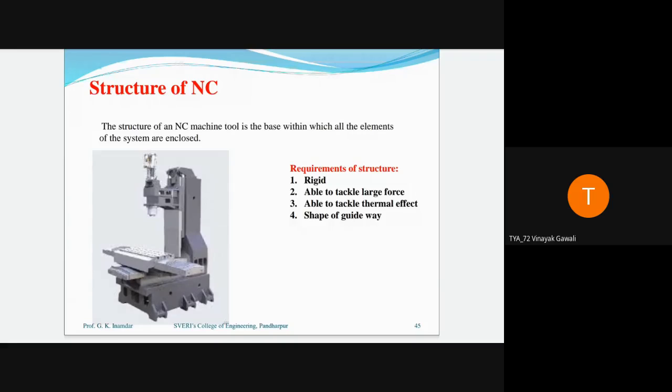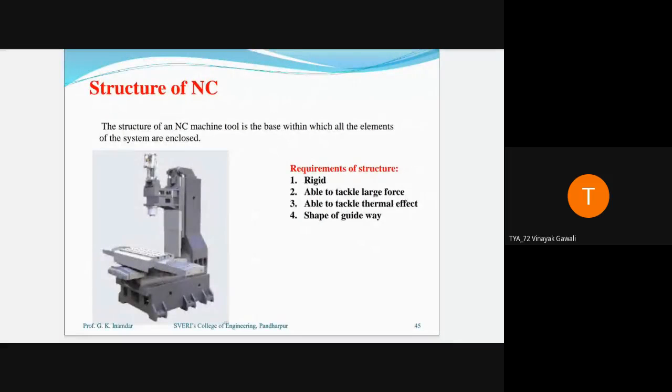Suppose you are drilling a work piece, and instead of the drill cutting into the work piece, the drill itself starts wearing out, that is repeated action. The drilling tool is less hard than the material, but this will not happen, because we have taken it only as an example. Material should be hard, the structure should be hard, able to tackle